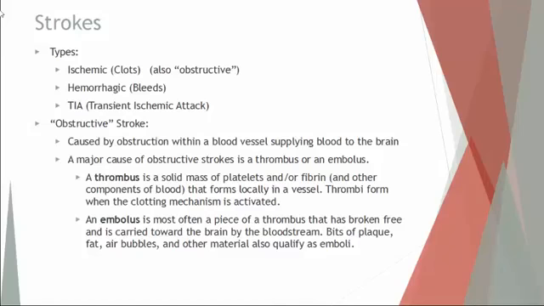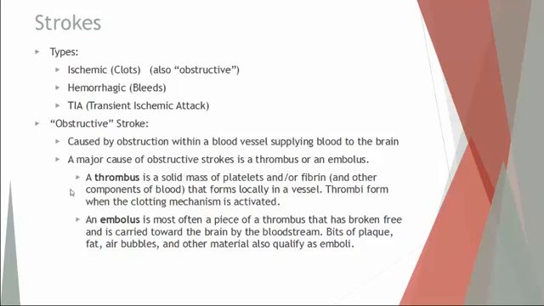Transient means able to move around. Ischemic attack, you have a clot, but it is kind of free floating, so it causes a small problem. It's just a mini stroke. It obstructs the blood flow for a little bit. It's not stationary in one place, causing an obstructive clot or obstructive stroke. So ischemic would be the big one. It causes the most damage.